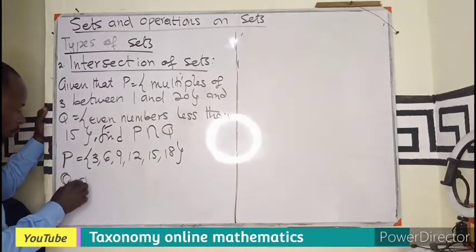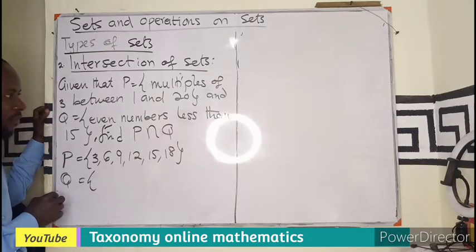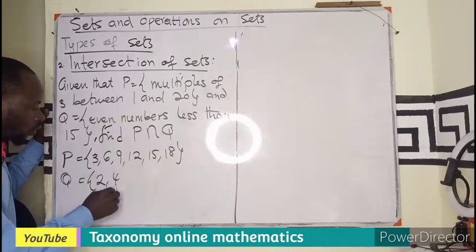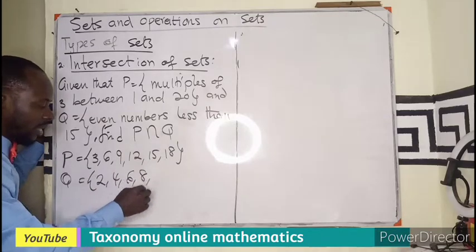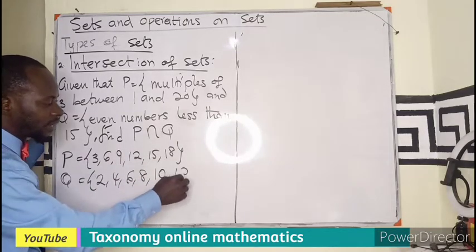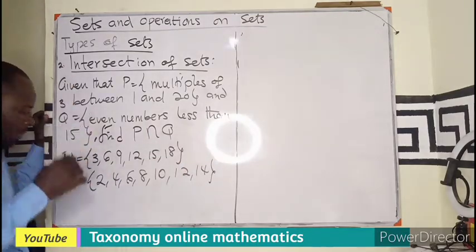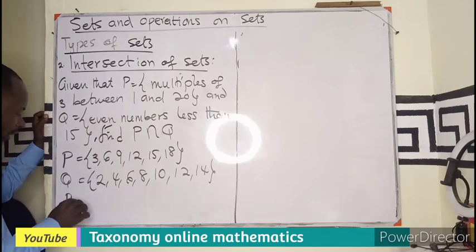Let's take Q. What are we looking for? Even numbers less than 15. Even numbers start from where? 2, 4, 6, 8, 10, 12, and what? 14. So in terms of intersection,